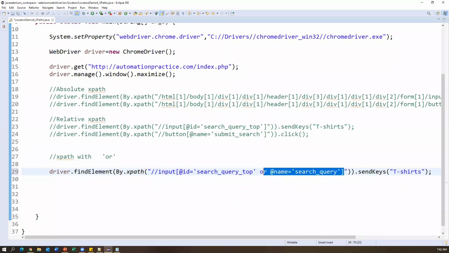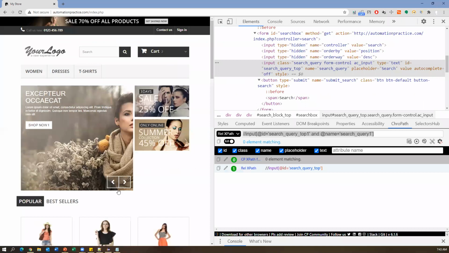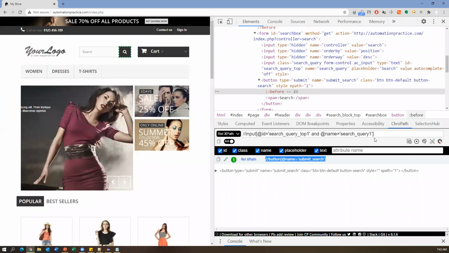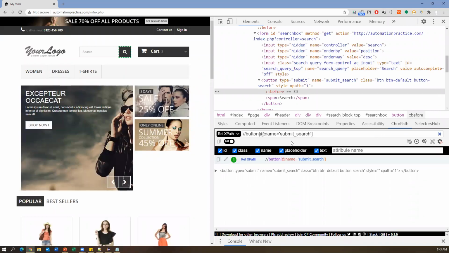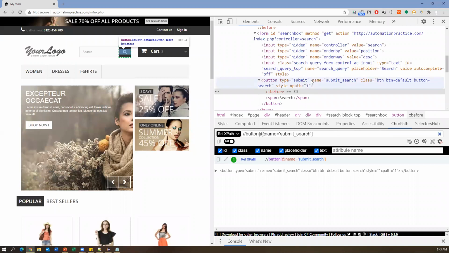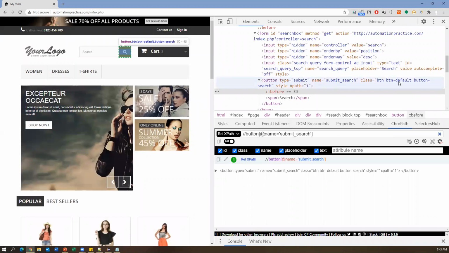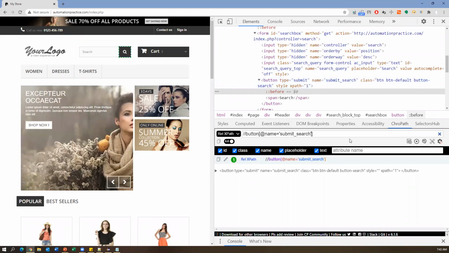Okay, and similarly we can also write the other one. So for the text box search button, and this is the button search. Okay, so for this also we can write the OR operator. So what are the attributes we have for this? We have a name attribute, and also we have something called class available. Right, so class is also available. We can use the class and the name. So by default name is given. So here I'll say or